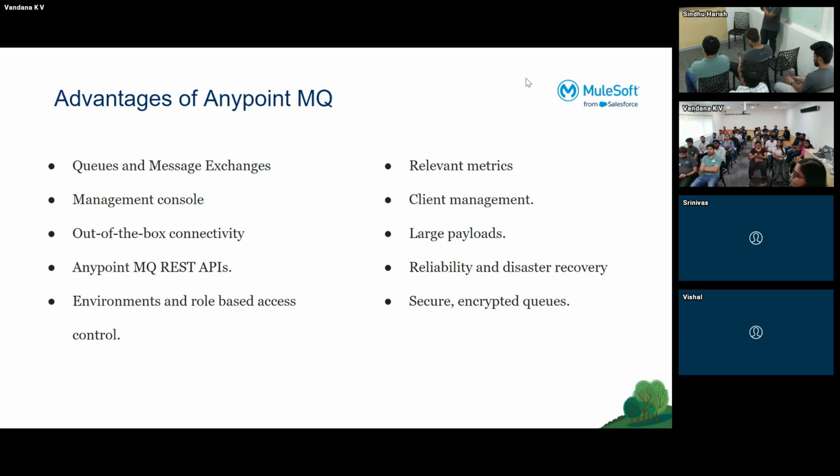Then the reliability and disaster recovery. Anypoint MQs, by default, are deployed to multiple availability zones in one region when we are creating them. So suppose one availability zone goes down, automatically we have another availability zone coming up. So this ensures high availability of MQs. But however, if we have to use